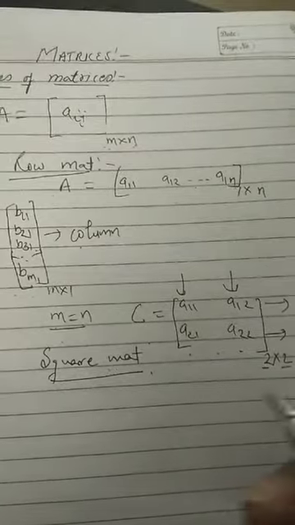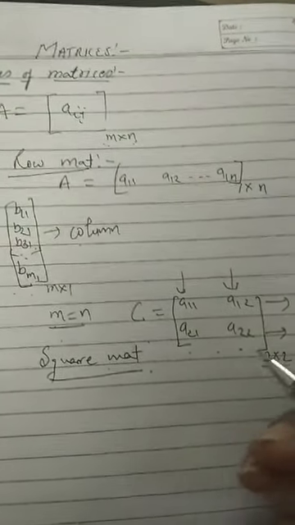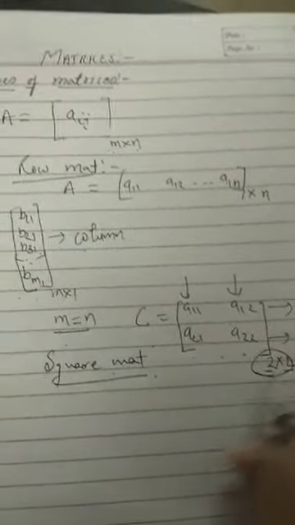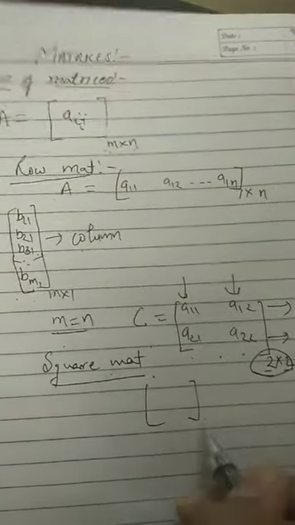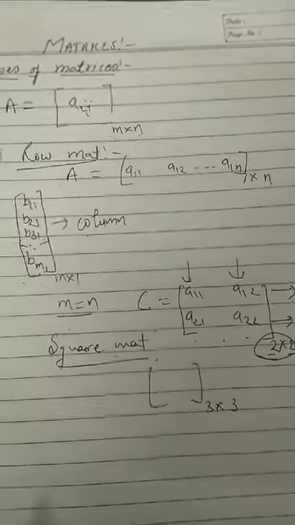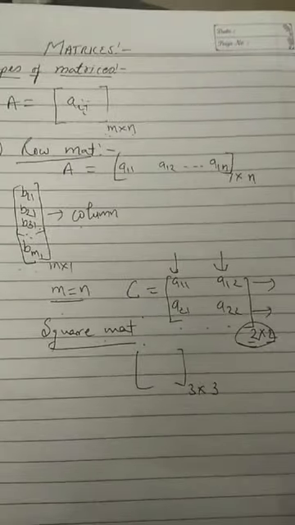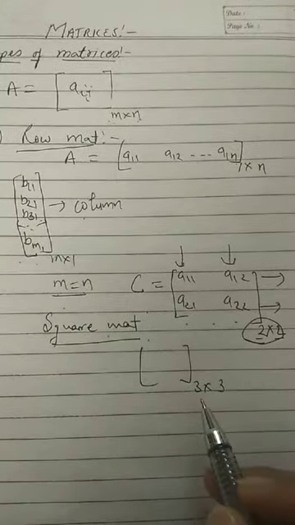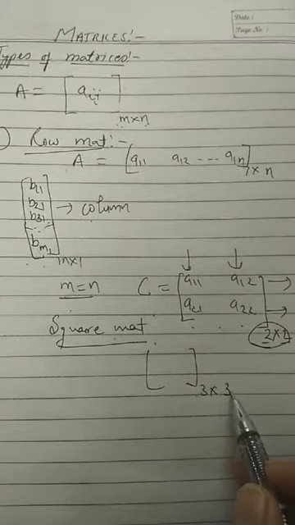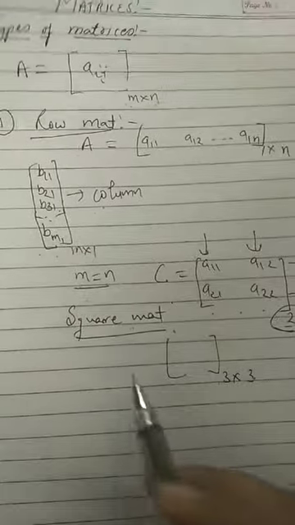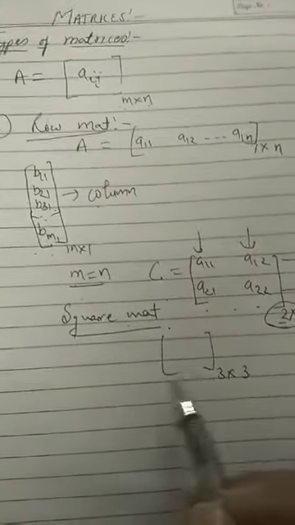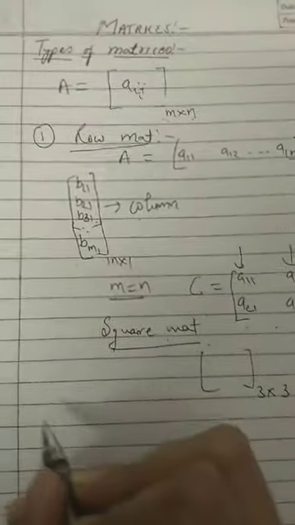In class 12 we will be discussing the square matrix of order 2 by 2, and the other square matrix we will discuss will be of order 3 by 3. Above that we will not discuss in class 12. No doubt there are others of higher order also, but in class 12 we will discuss till order 3 by 3, right?